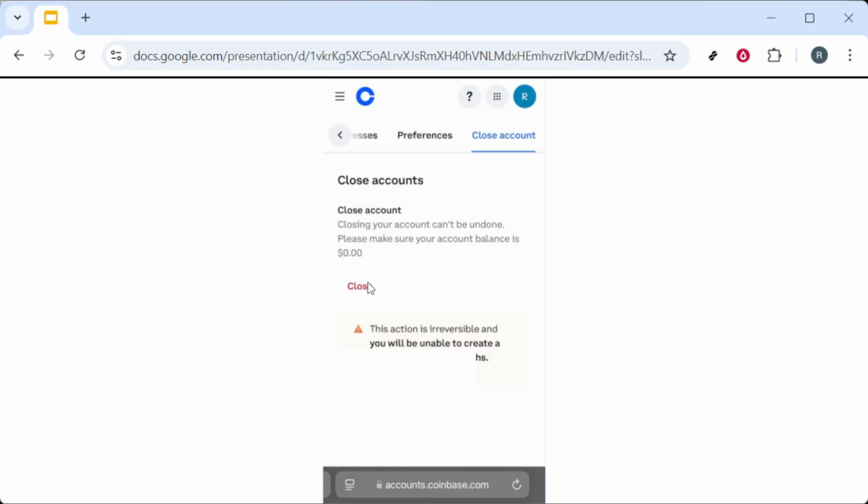Once you're on the Close Account page, tap Close Account again to finalize. You may see a final confirmation prompt or verification request. Follow the on-screen instructions until you receive confirmation that the account is closed. That's it. If the browser page doesn't load or buttons don't respond, refresh the page or try again after updating